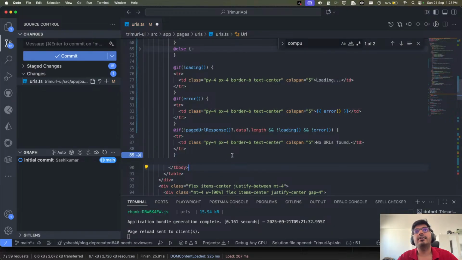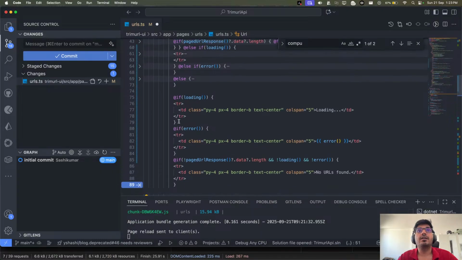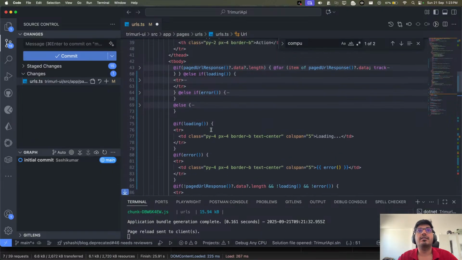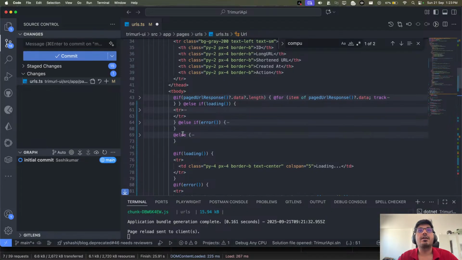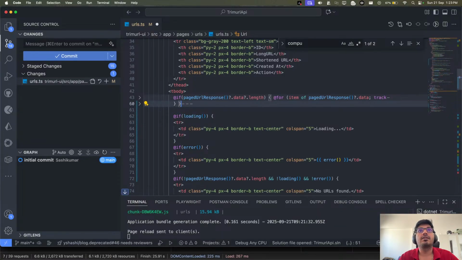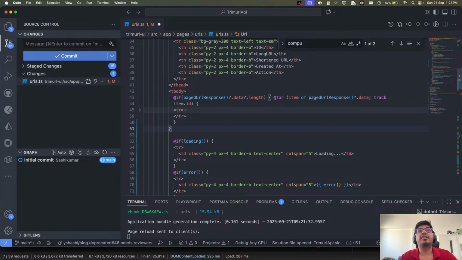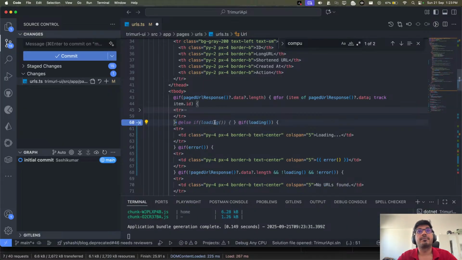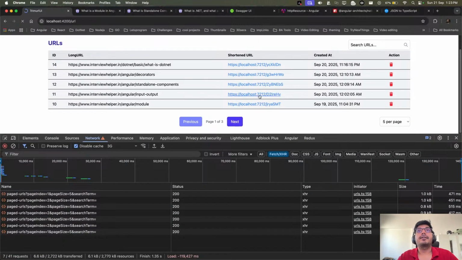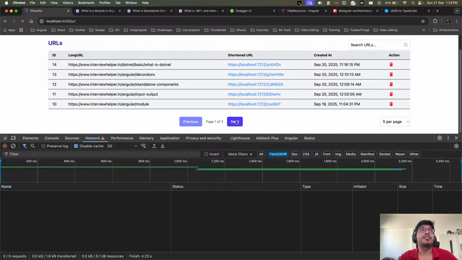So now we handle here, okay, if it is not loading, and then if you know URL found, that's what we show. If it is error, then we show this, and if this is loading, then we show this. So what we do here, now we can get rid of this block, we can get rid of this block, and we can get rid of these three blocks. Okay, and I don't know why it has this weird, okay, I think it's because of the for. Okay, if and for. Let's go back and see if it still works or not.